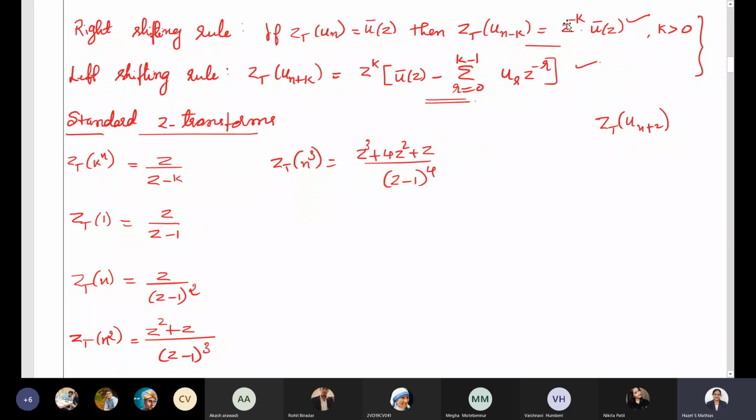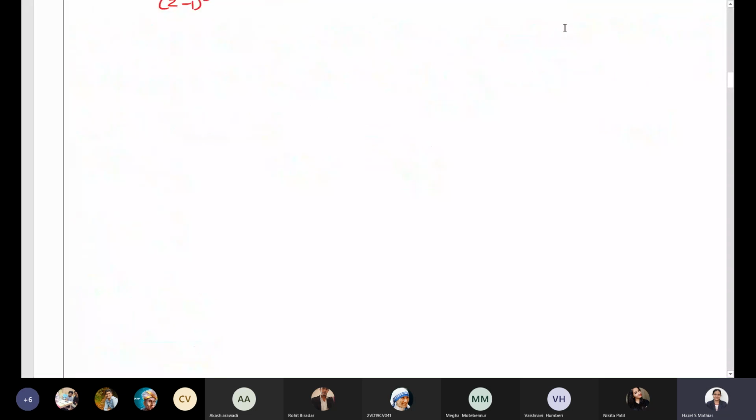So let's discuss a few more topics in today's class. In Z transform itself, we are dealing with a new topic, that is nothing but finding the Z transforms using the initial and final value theorem. So we will discuss what this initial value theorem and final value theorem are. Then we will discuss the questions based on that.